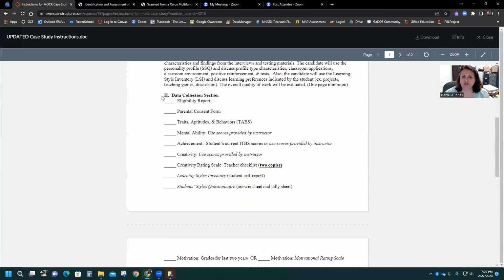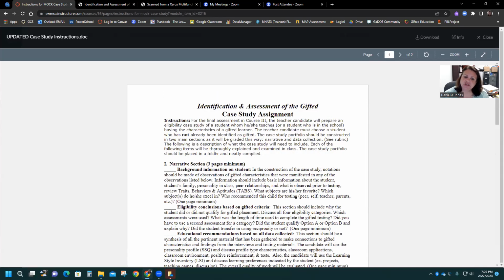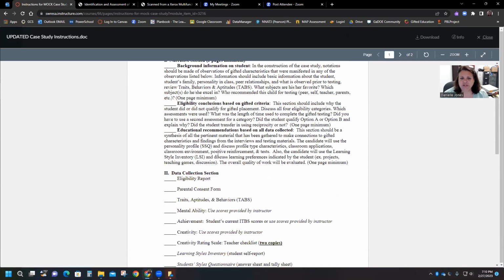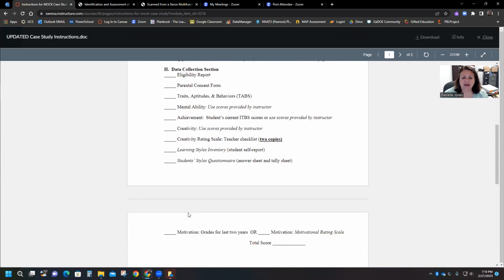The data collection section, or number 2, is, of course, sort of like a checklist. You have to make sure that you have this report there. You have to make sure you have a parental consent form there. And what you basically do is pick a student out of your focus group that you had used for courses 1 and 2, especially in course 2. Pick a student that you would like to refer for gifted. And basically do a parental consent form, do a TABS form for the child. You would provide the mental ability, the achievement, the creativity, and the motivation scores. And to find those,